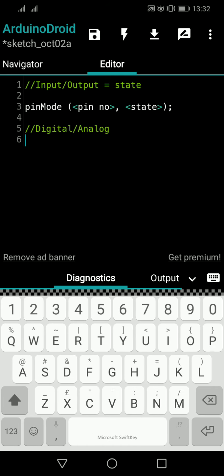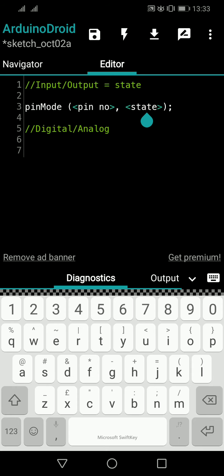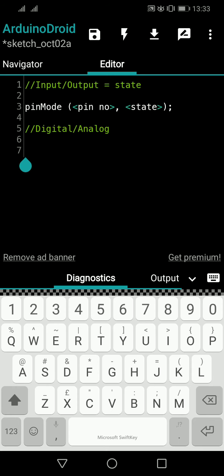Okay, so the basic thing is, the first part is done with the pin, input or output. That's fine. Now, if you are saying a particular pin is output, then it can be digital output or analog output. If you say a particular pin is input, it can be digital input or analog input. Okay, so if you are going to give a digital output, the keyword you are supposed to use is